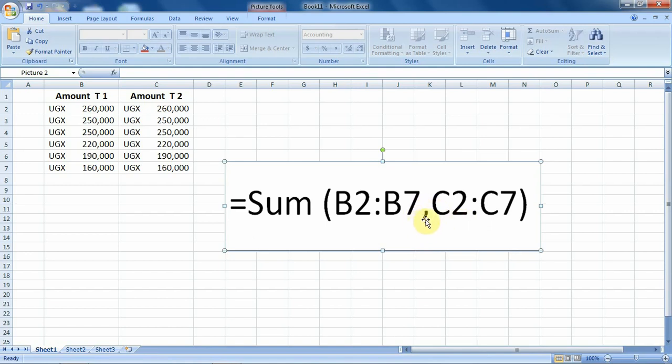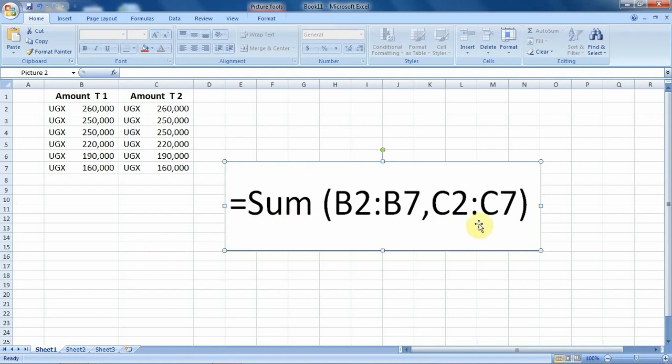Then after writing the comma, you go ahead and define another cell range, for instance, C2 to C7. So that's why we see this syntax appearing on our screen like that. This is the order of the syntax of a function with two arguments.